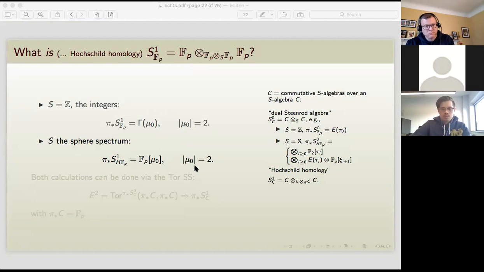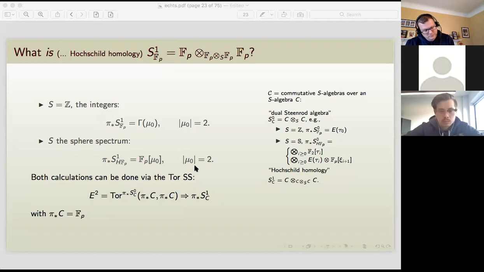What is good for our purposes is that these two calculations, the calculation of Shukla homology, I don't know who did that, and the calculation by Bökstedt of topological Hochschild homology, can be viewed on a common basis. Since the one sphere comes from tensoring up from the zero sphere,